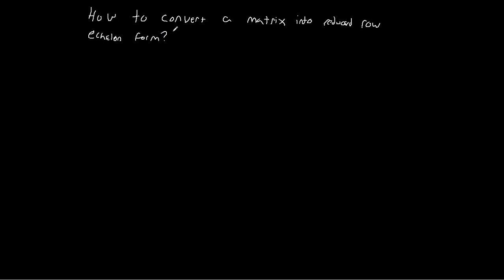How do we actually convert a matrix into reduced row echelon form? The way we do this is through a series of 6 steps. And this is going to be a little bit of iteration. If you don't understand what iteration means, basically iteration just means go back and redo some steps until you hit a condition. We'll go through this and that will make more sense in a second. The first thing we do, working from left to right,